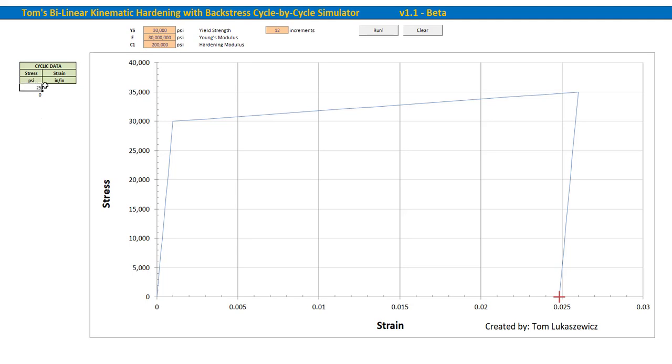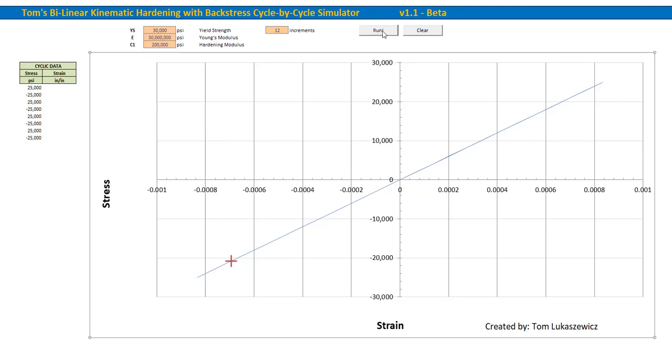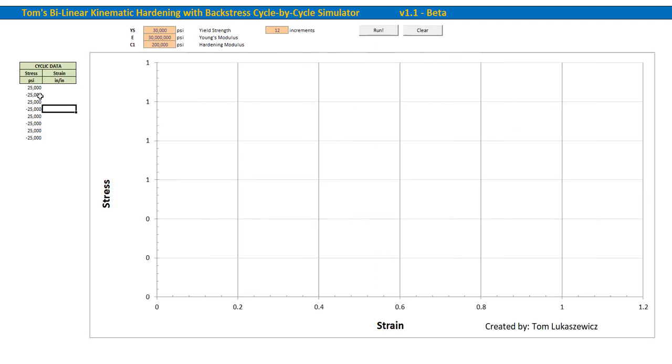Let's just do another quick, straightforward example, and then we'll jump into some of the more interesting things. If we were to run this back and forth below the yield point, everyone would expect that this is all in the elastic range. We didn't hit the yield point, so we're not getting any straining. So again, should be nothing new. So why don't we try putting this to, let's say, 40 KSI, and I think